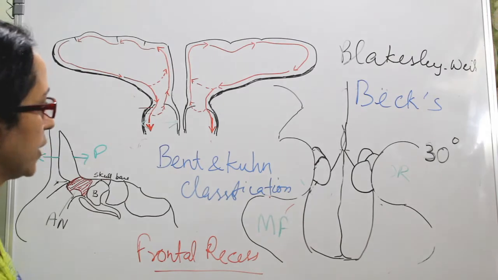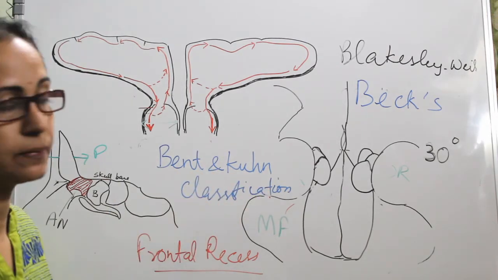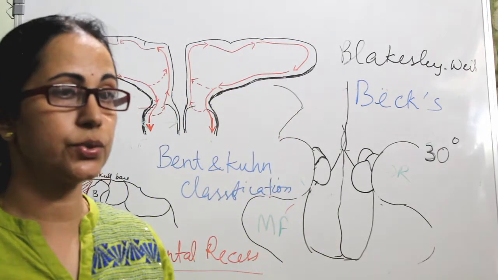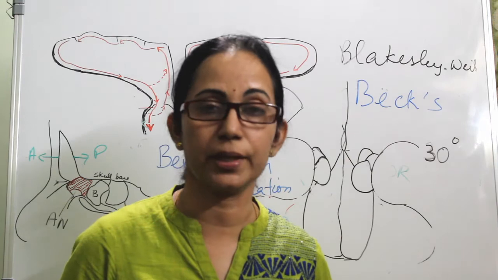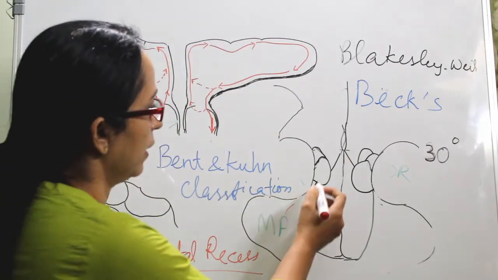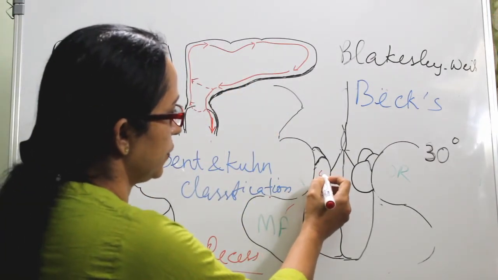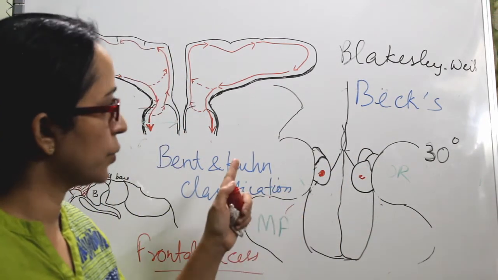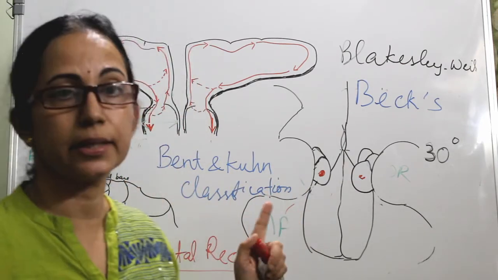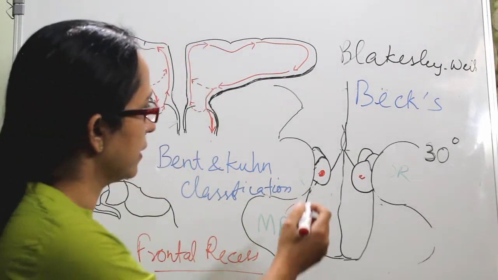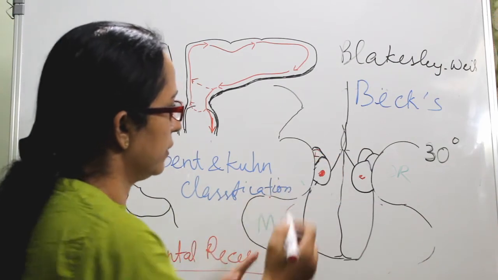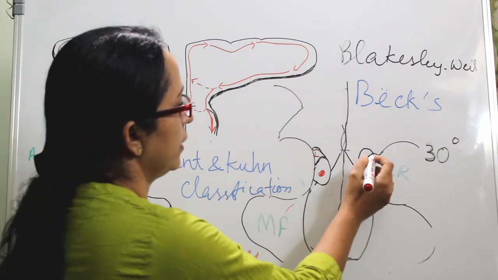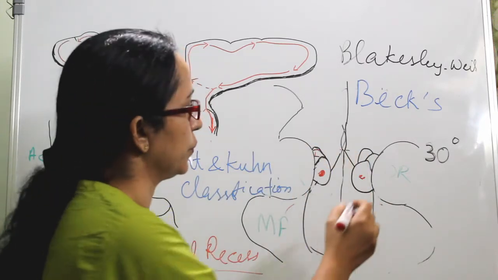the most widely accepted one is the Bent and Kuhn classification, and this depends upon the Agger nasi cell. I already told you it is one of the pneumatized anterior ethmoidal cells, and this is the Agger nasi. This one is Agger nasi. So this Bent type 1 frontal cell is only one cell above the Agger nasi. Okay, one cell above the Agger nasi is type 1, and if there is two or